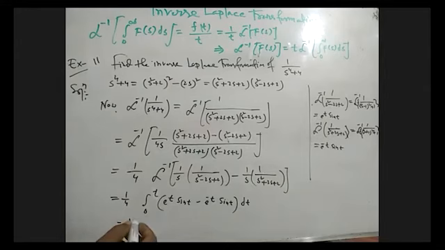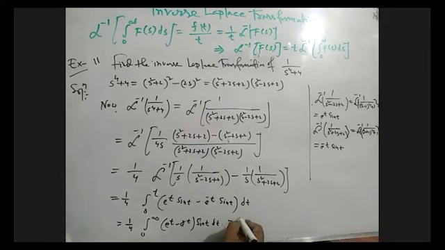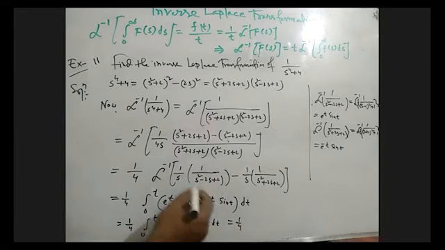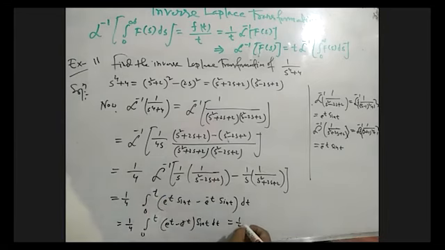Now this will be the formula of 0 to infinity e to the power t sin t will be common, e to the power t minus e to the power minus t, sin t dt. This is the UV process. So doing the UV process, we can find the result. 1/4, this will be 0 to t. So using the dividing by s property from our previous examples, and using the UV process for this,